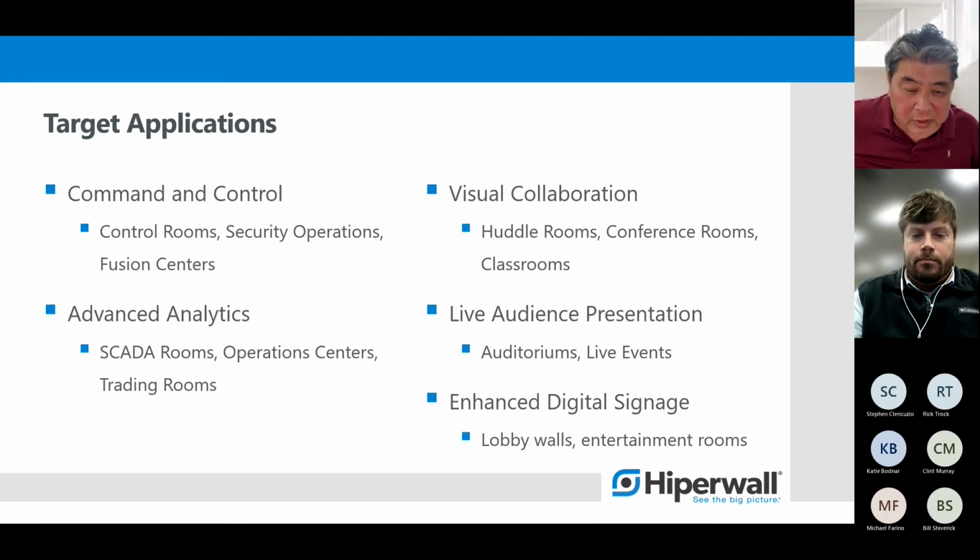But we also do advanced analytics. As an example, American Express uses us throughout the world, probably about 5 or 6 different facilities worldwide, for their financial analytics and visual collaboration. A lot of education facilities, and also legal entities use us, and then live audience presentations, auditoriums, et cetera. We're also very large in that. And then JetBlue uses us for enhanced digital signage,